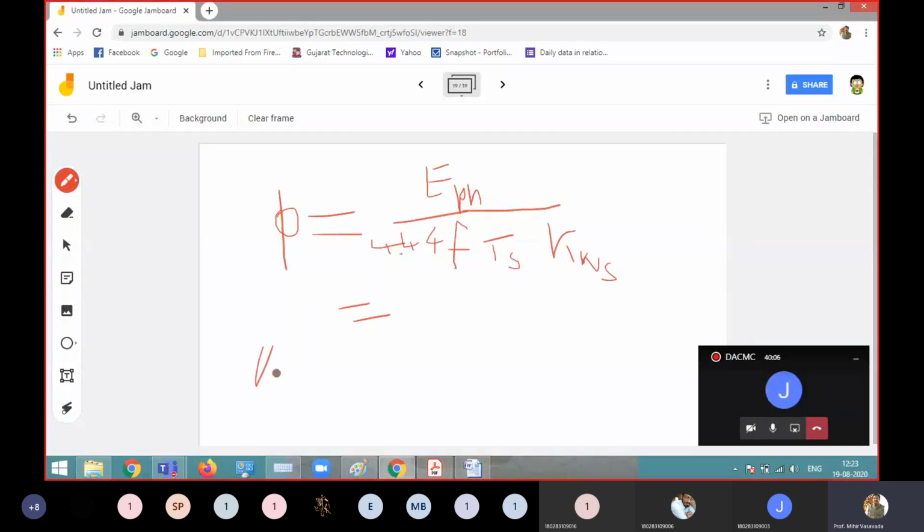And then find out the area also. Area through which this flux will pass in the air gap. Right. So the same equation for this B average we are using, but we are working it separately. So it is pi D L divided by P. This will give you area.